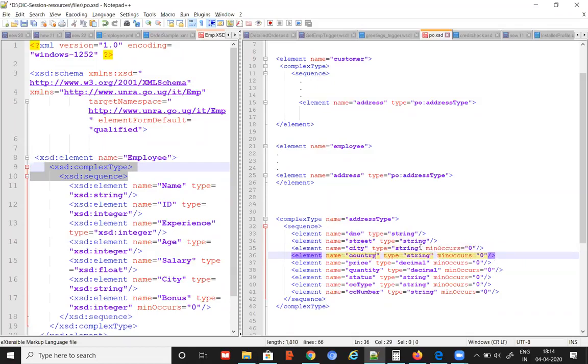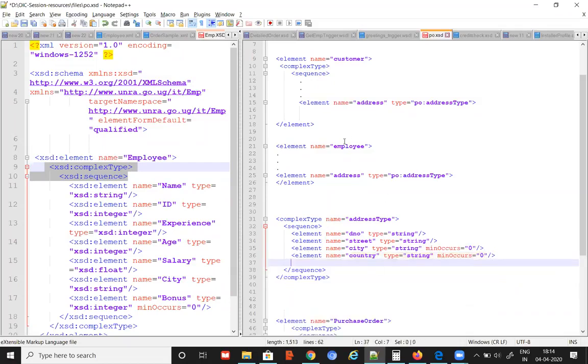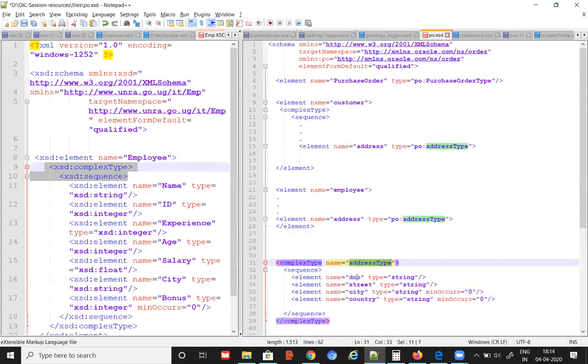Then instead of typing this 4 times in both places, I can say the type is going to be address type. That is the main purpose why you have a referring element within the same document. I'm just trying to explain that in the example. Okay, hope that is clear.